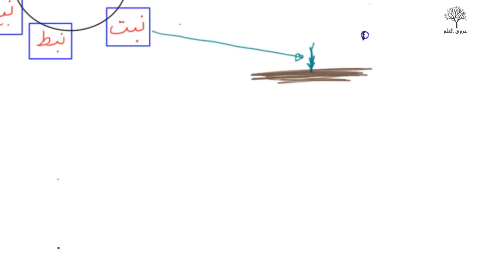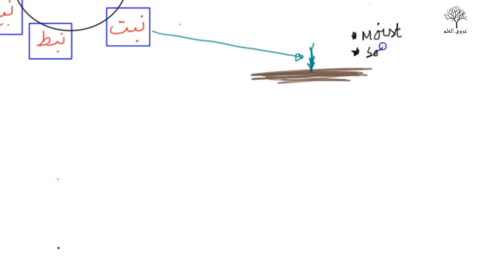The next one is nabata. So if you're writing with me, you can pause it if you like. Nabata basically is like this. Imagine there's a piece of land, and from there grows something upwards. So nabata, naba, and the ta at the end, this has the meaning of moistness in there.